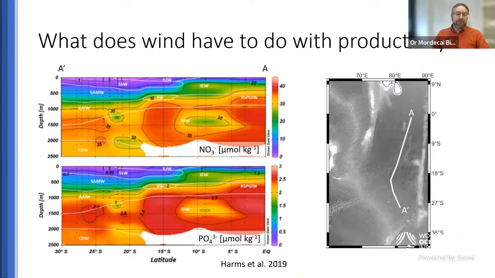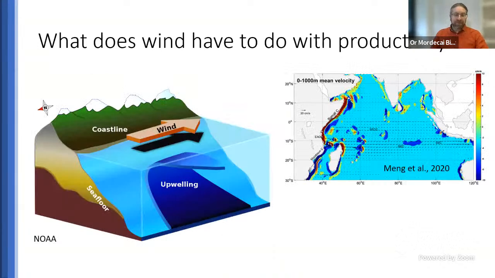But these nutrients are not available to the surface because they're separated by the thermocline. This is where wind comes in. If we have a very strong wind going parallel to shore, it displaces a large amount of water. As it displaces this water, the continuity of water must remain. So water from deeper parts of the water column upwells and brings with it its nutrients. And that provides a source of key nutrients to sustain a very large ecosystem.